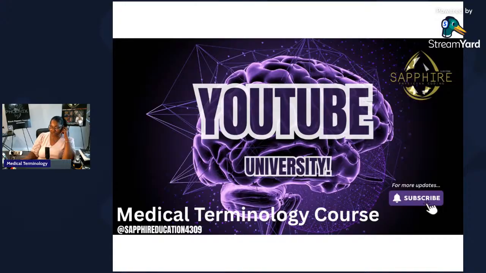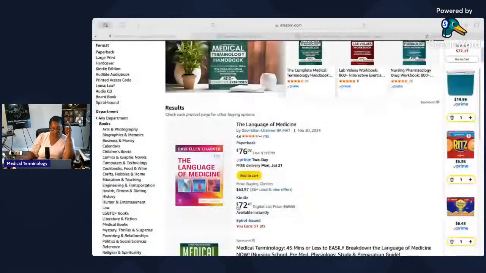All right, so it's not in here for $2, but it's a better deal. It's a little bit better than Elsevier right now. Let me take this down. So this is Amazon I'm looking at. You see the book is $72. So again, you might catch that book for $32. You might be able to check it out on Kindle. But again, this is just our introduction for medical insurance billing. We're not really doing anything specific, but I want you guys to just be aware of what you're getting into and what you need to get into it.